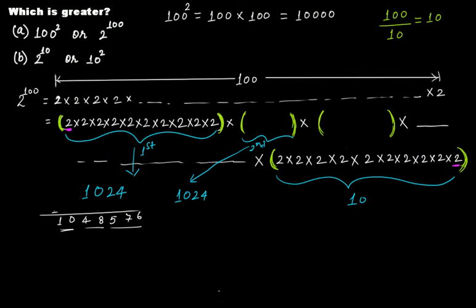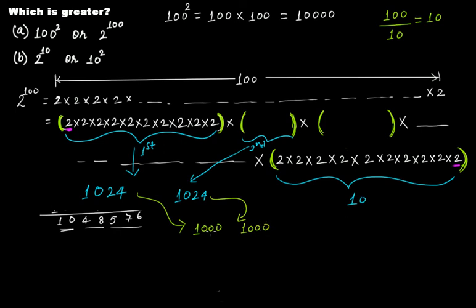Okay, look at this first group 1024, second group 1024. Even if it was not 1024, if it were only 1000, just imagine that if it were not 1024 but only 1000, right? And why are we assuming this? Because 1024 is clearly greater than 1000, right? So what we are assuming is that even if it were not 1024 but only 1000, and if we apply the same thing here also,